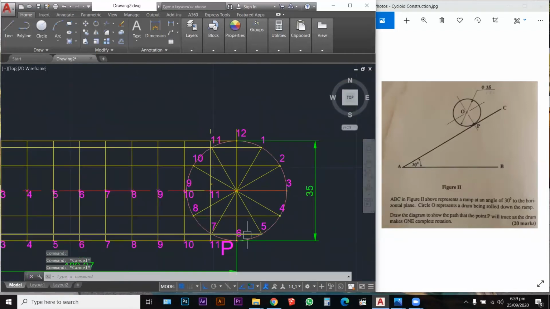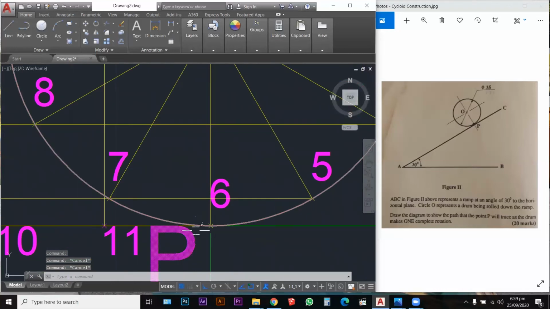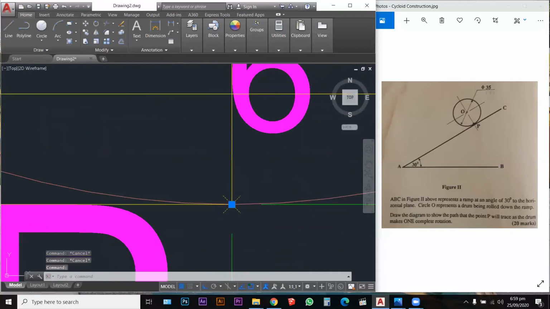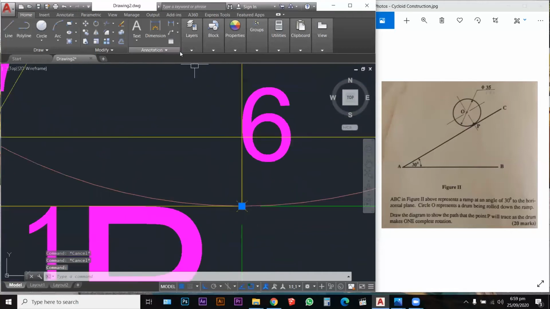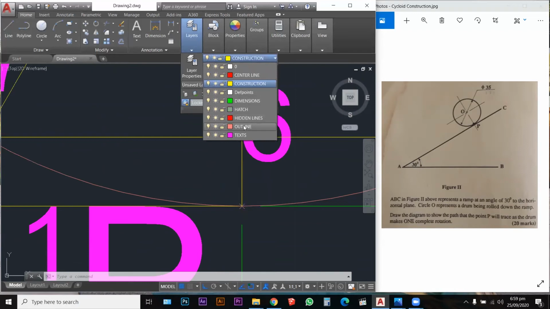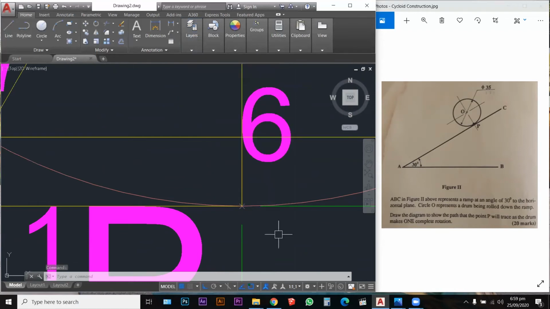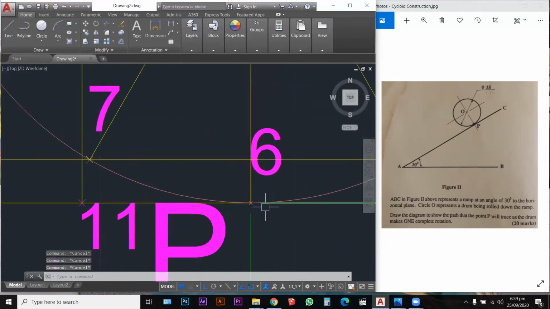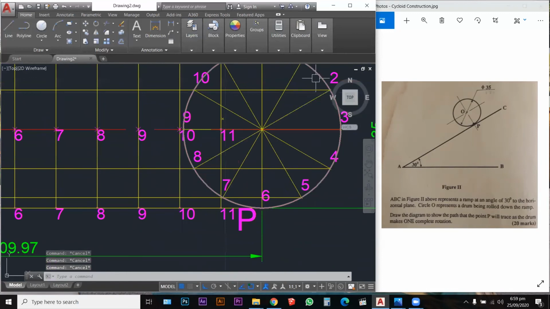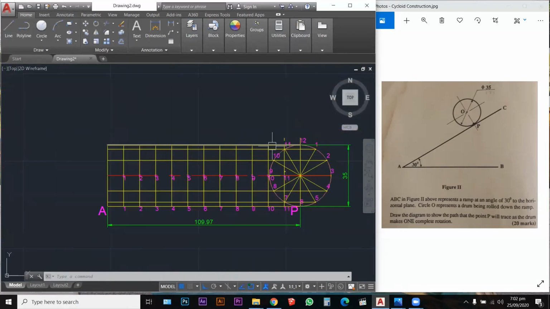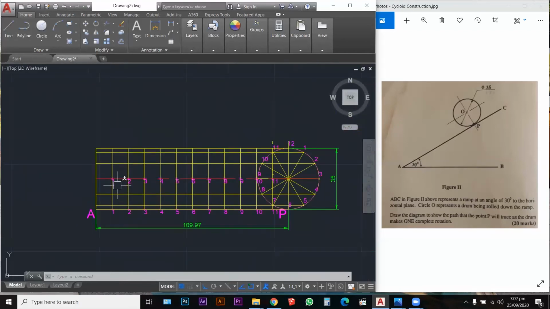Seeing that at point 12, we are at the base. This is where we are. I'm going to change this point here because this is the starting point. I'm going to change that layer and put that in our outline layer. All right. I'm going to go over and switch over to my outline layer. That's what I really want to be. So I'm moving the circle now. Now that we have this set up and we have our numbers here at the top,